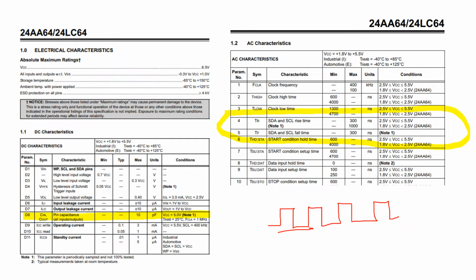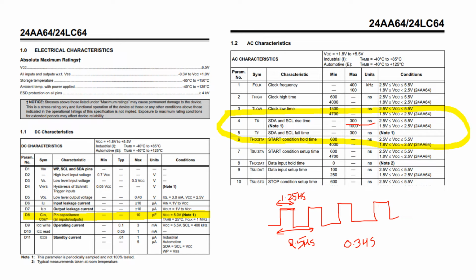400 kHz is like you will have a clock of around 1 by 400 kHz, which is 2.5 microseconds, right? So you will have a 2.5 microseconds time period clock, of which the high time would be 1.25, because it will be 2.5 by 2. So now the high level of this signal should be around 1.25 microseconds. Now if you see the data sheet, the maximum rise time that is allowed is 300 nanoseconds, that is mentioned here, 300 nanoseconds for 400 kilohertz. That means 300 nanoseconds is nothing but 0.3 microseconds.